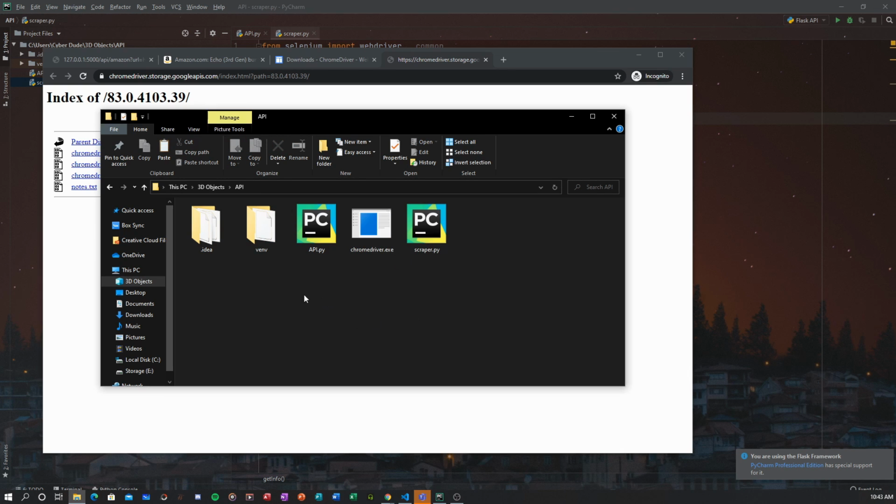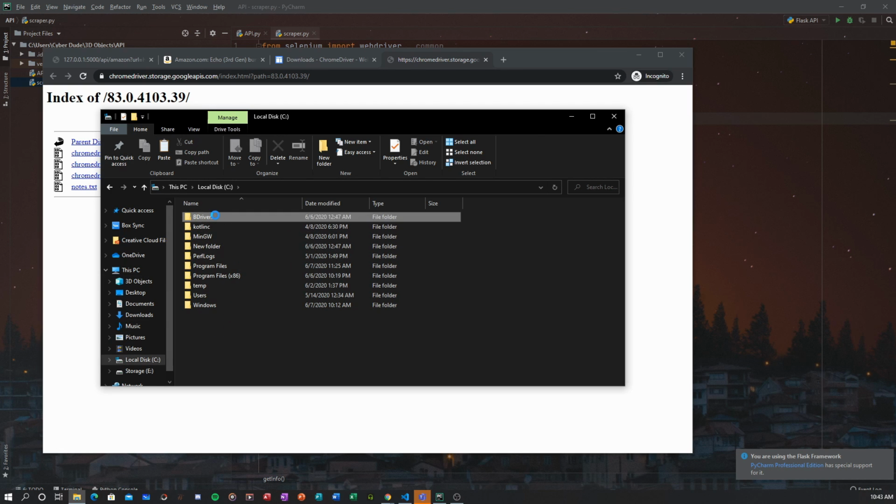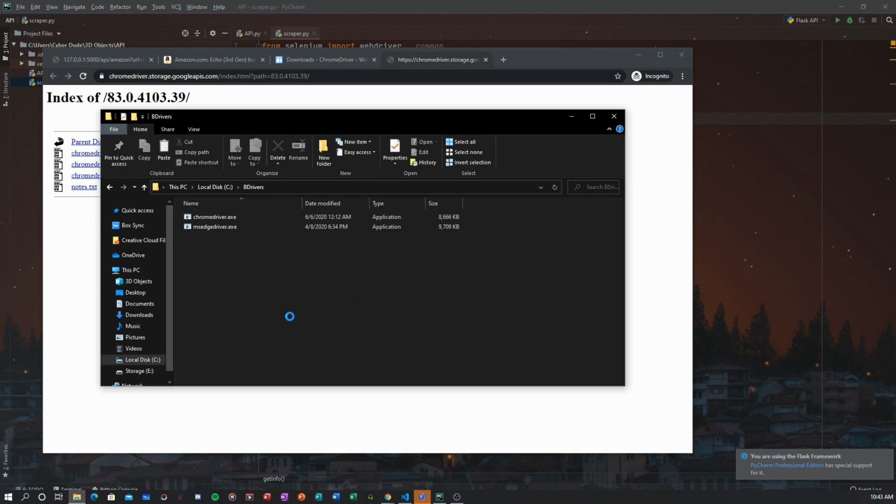Also, if you want to use this Chrome driver for other projects and not just this one, what you can do is, I have a folder called B drivers, which is called browser drivers. I also have the driver for Microsoft Edge here. So you can just put these here, and then add this folder to your path.